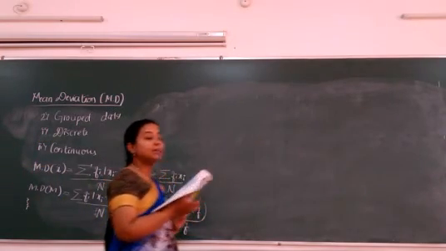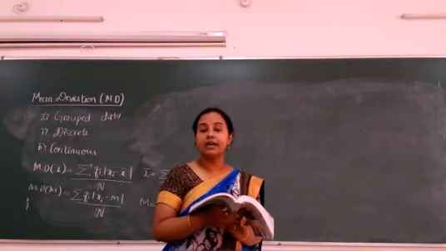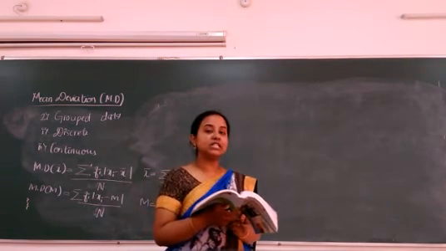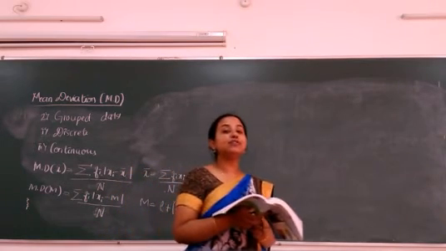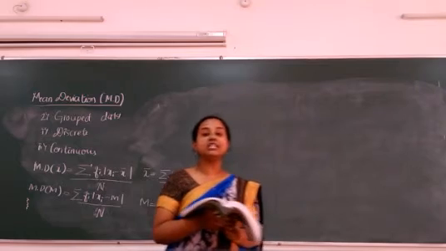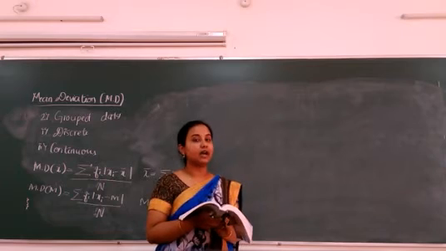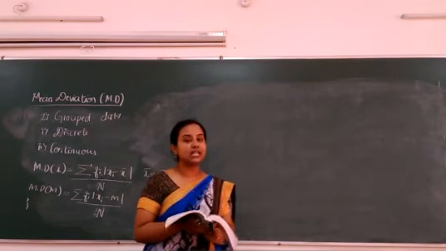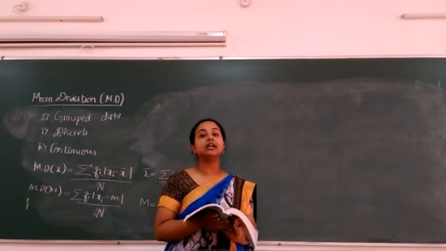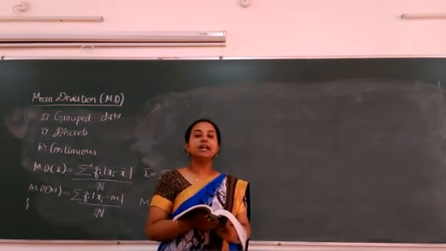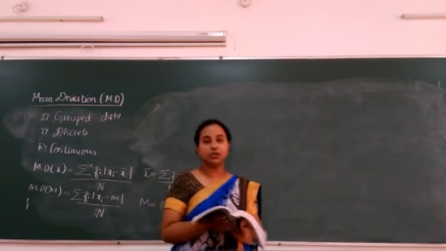I hope everyone might have got to know how to identify continuous data, discrete data, ungrouped data, right? If only observations are given, then it is ungrouped data. If observations along with the frequencies are given and the observations are discrete or single values, then it is discrete data. If the observations and frequencies are given and the observations are in the form of class intervals, then it is continuous data. So depending upon the data, you will use the formula and go on solving.